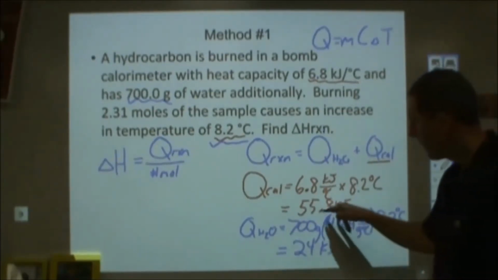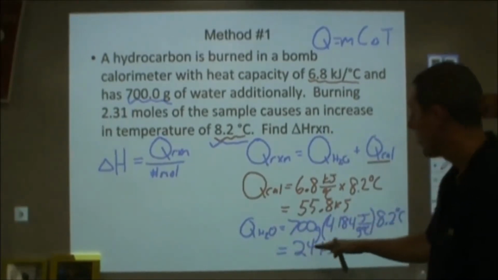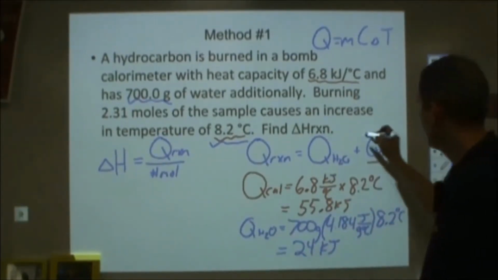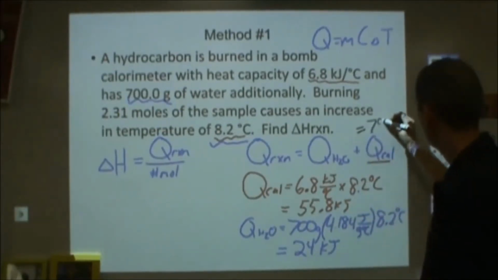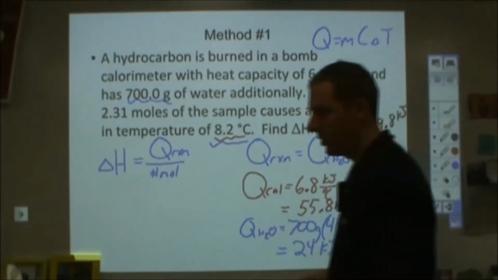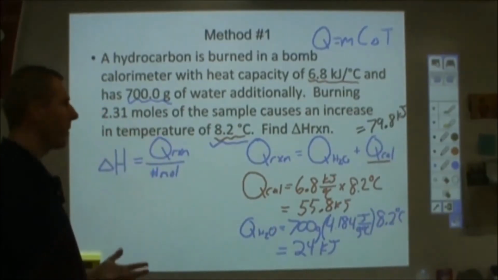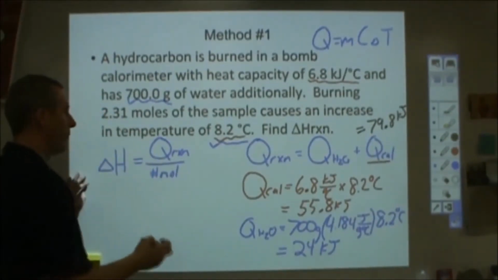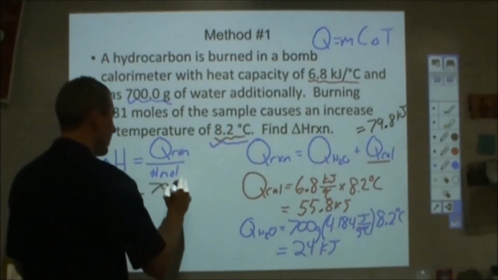So what I found here is how much energy from my reaction went into my calorimeter and how much of it went into the water in the calorimeter, which means that my total is the sum of those 2, which would be 79.8 kilojoules. Okay. So now I have a much simpler problem. To find enthalpy, all I need to do is take how much energy was released from my reaction and divide that by the number of moles of chemical that were reacted. So I have 79.8 kilojoules,